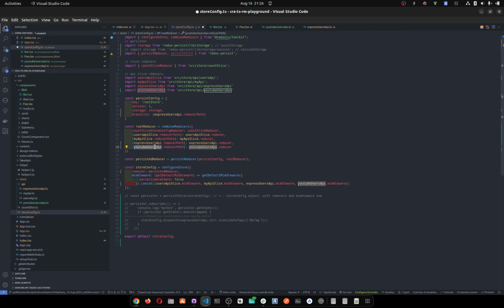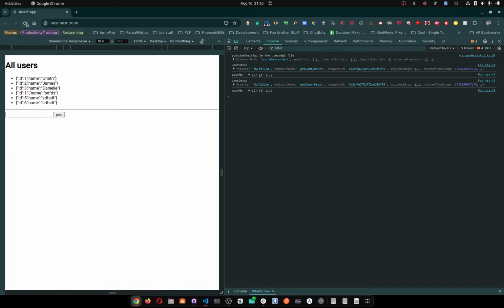Actually, we can just copy and paste this. So now on load, the persister is not going to care about this particular API. So we load, it's going to default to